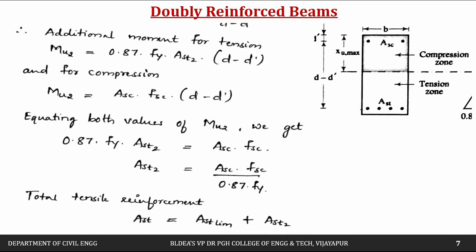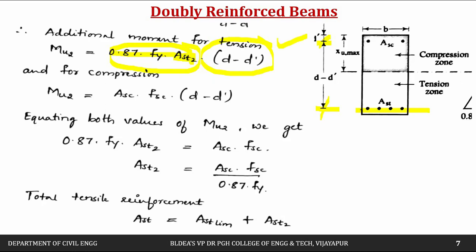Then next, we'll try to calculate what is the moment. How to calculate? For example, due to this compressive force, if you want to calculate moment about this, what you do is force multiplied by distance, that is nothing but lever arm. So what is the compressive force due to this? Or first we'll try to calculate this due to the tensile reinforcement. So force is nothing but 0.87 Fy into AST2. This is the force into distance or lever arm. So lever arm will be D minus D dash.